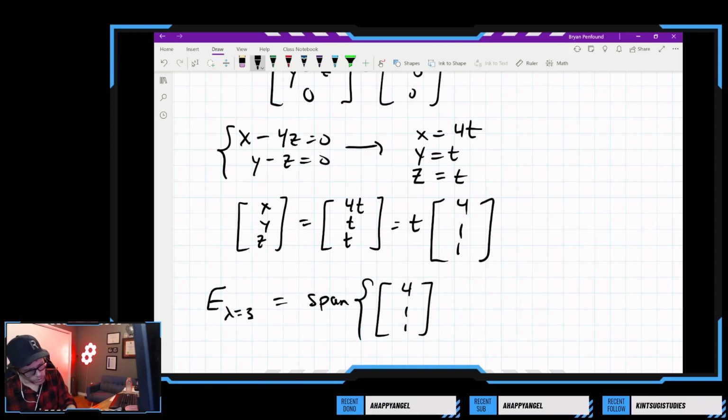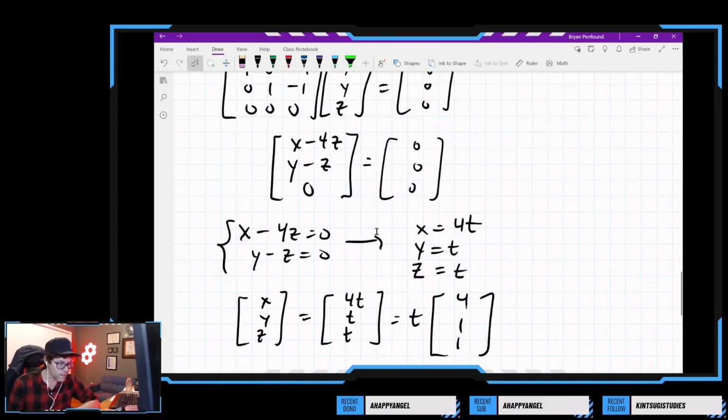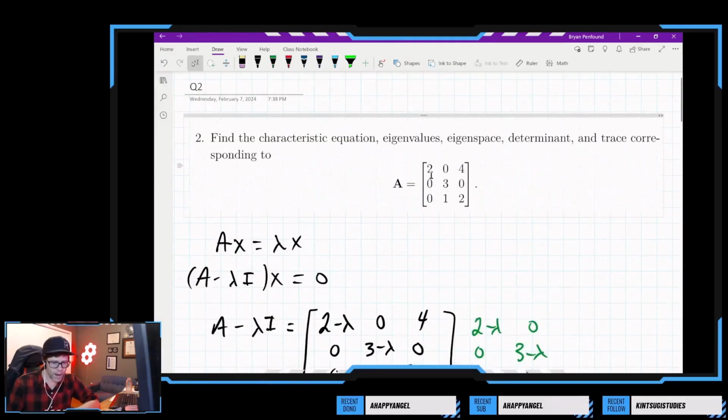But our eigenspace for lambda equal to 3 should be the span of 4, 1, 1. Now what we could do is we could go grab A, and we could go and check and make sure that these particular vectors are indeed the eigenvectors. So if we grab A,